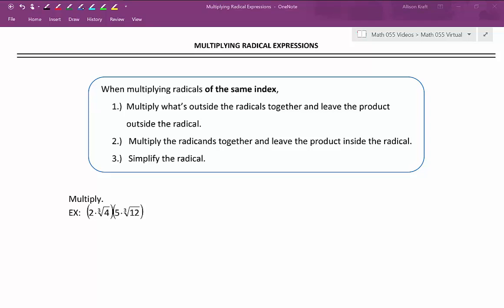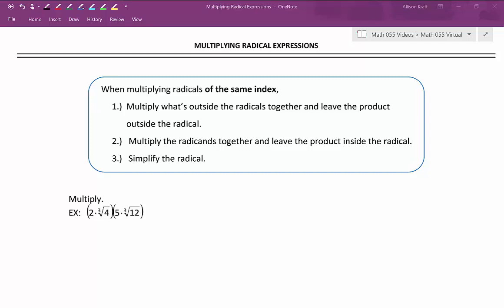In this video, we'll be multiplying radical expressions. When multiplying radicals of the same index, and that's important, it has to be the same index, you're going to multiply what's outside the radicals together and leave the product outside the radical. You're going to multiply the radicands together and leave the product inside the radical, and then you're going to simplify